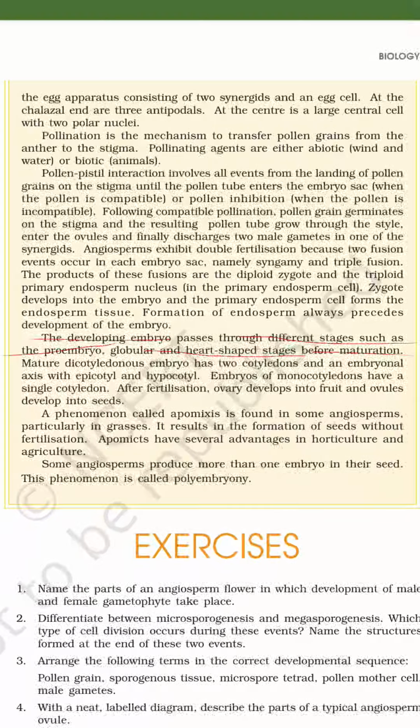A phenomenon called apomixis is found in some angiosperms, particularly in grasses. It results in the formation of seed without fertilization. Apomixis has several advantages in horticulture and agriculture. Some angiosperms produce more than one